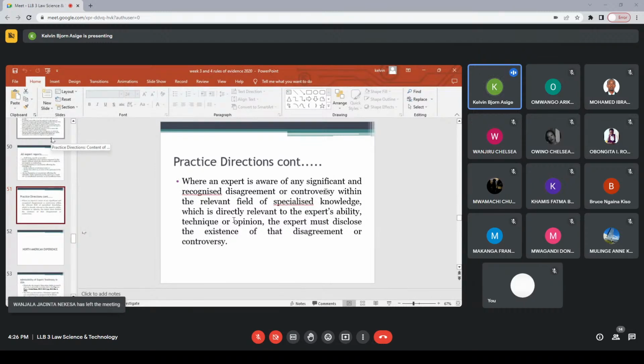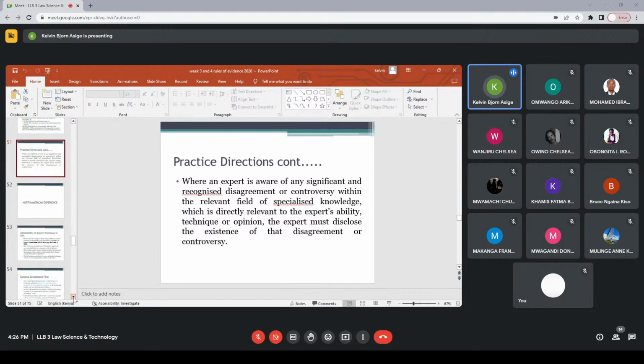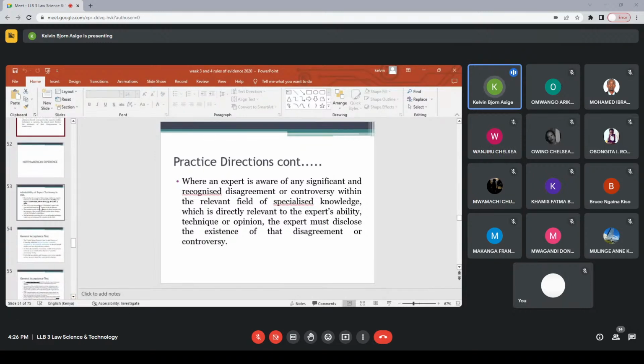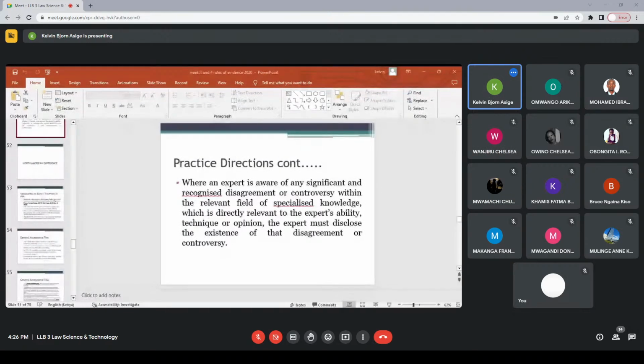So let's discuss. Do we, do we not? To what extent are we similar to these Australian practice directions? To what extent are we different? Here we go. That's your exam question. It has been put in front of you today. Would you be ready to answer it and get full marks?